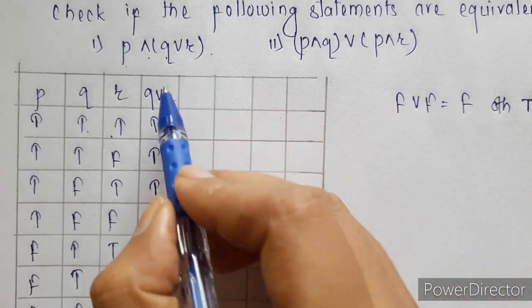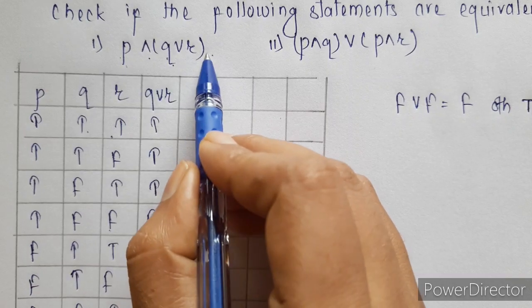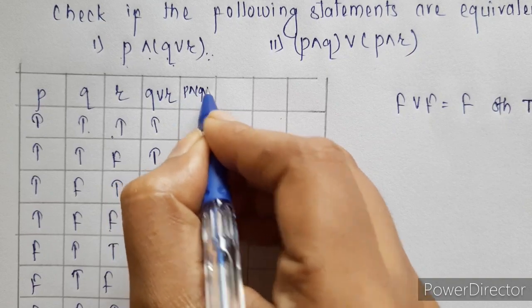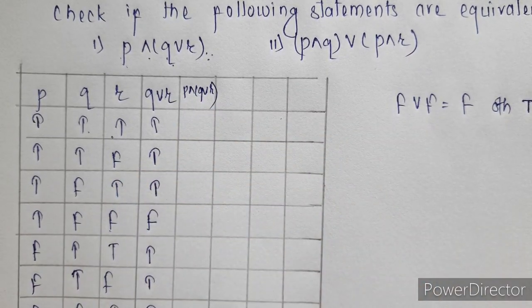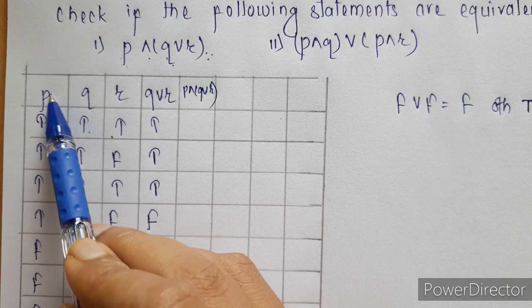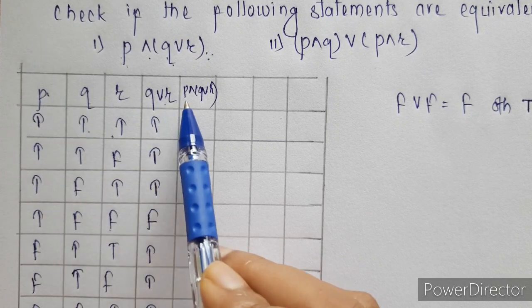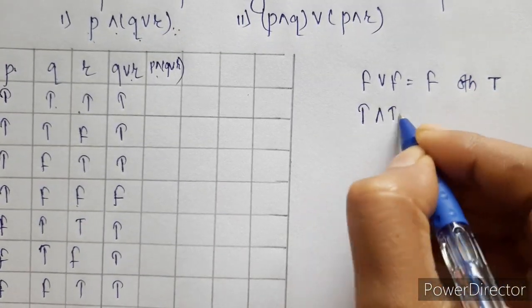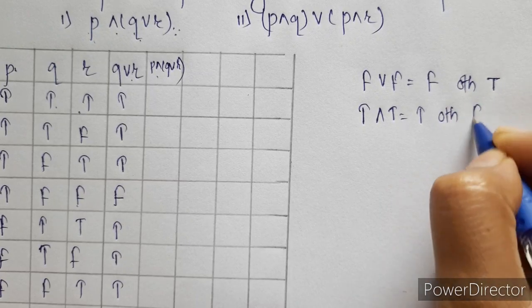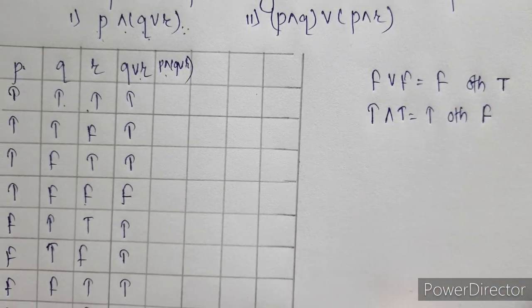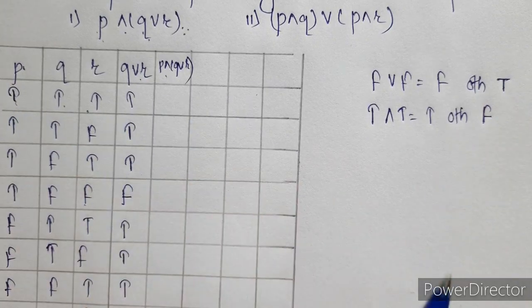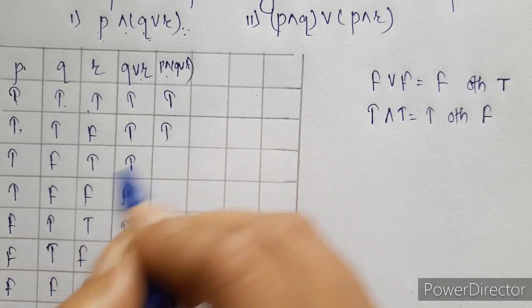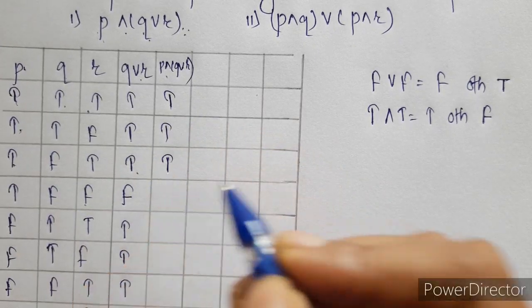So we are done with this bracket, so we have to go for the entire statement, that is P and (Q or R). So we have to write now P and (Q or R). Now we have to compare P, the first column, with Q or R using the connective AND. In case of AND, that is conjunction, true and true is true, otherwise for all other cases it is going to be false. So true and true, this is true, true and true, again true, true and true, this will also be true.